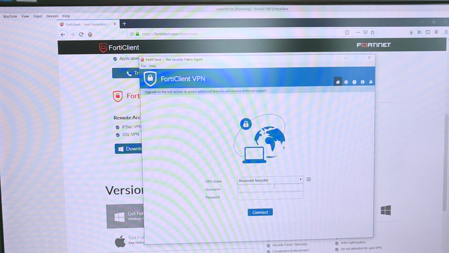Once this is completed, you can have the user log into the VPN and test the pharmacy software installed on